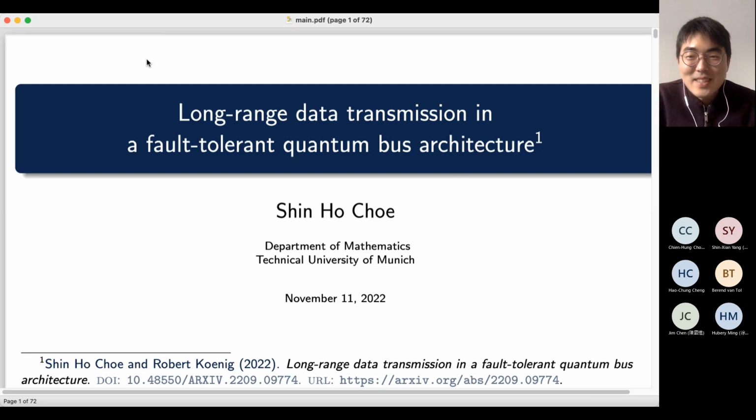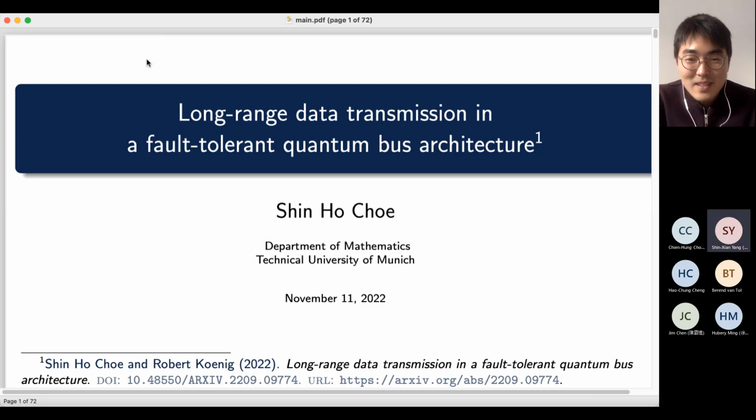So let's consider a situation where there are R parties aligned in one dimension, and each party consists of m qubits initialized in 0. And what we want to do is creating a very long